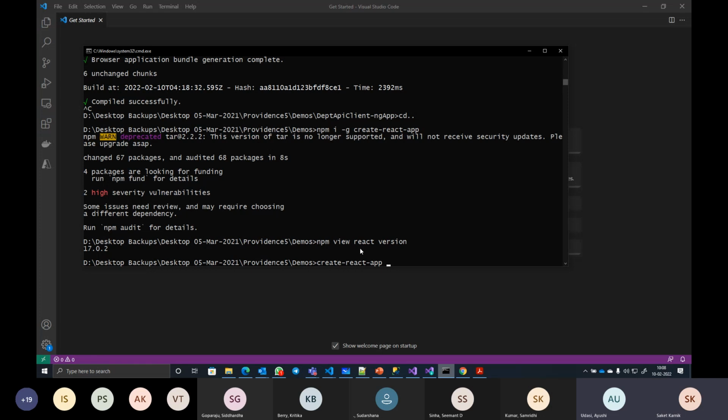Hyphen and underscore are the two special characters allowed. Nothing else allowed here. Numeric values can be used in the middle or at the end, but not at the beginning. So maybe we can name this as